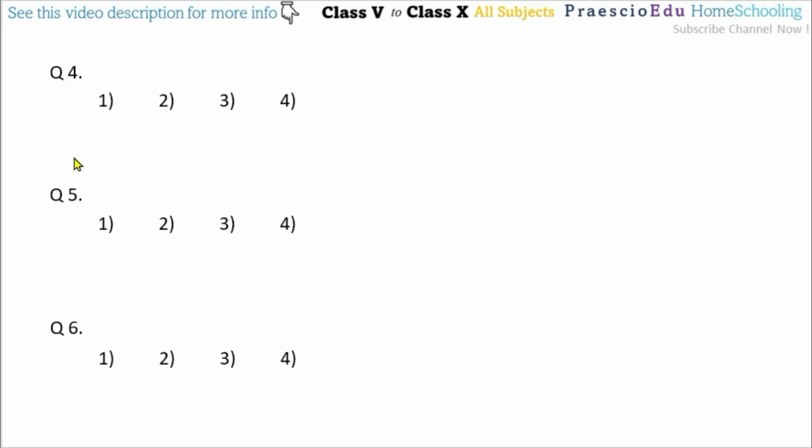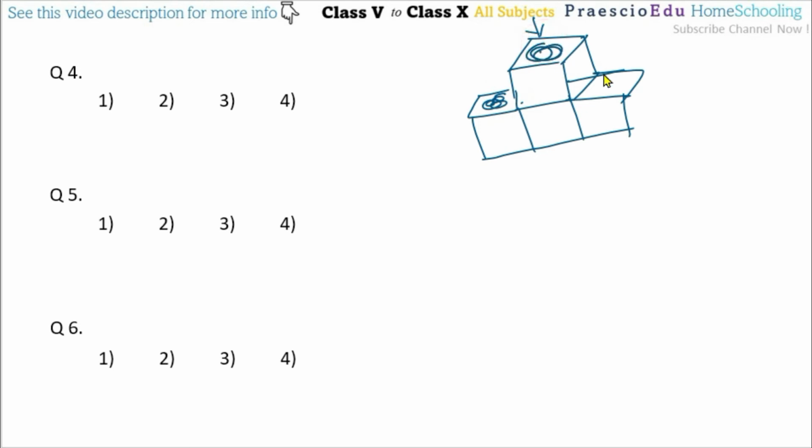Then question number 4: how will the three-dimensional figure given alongside appear in view from above? Suppose this somewhat big figure is given here, like this shape, and this with the base surface. If you look at this surface, then this surface and this surface we can visualize. This edge and this edge will overlap each other, and this edge and one more edge shown dotted also lie one over another, so that merges in the top view, and this surface can be shown.